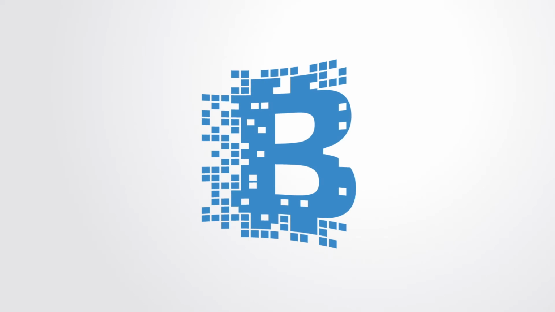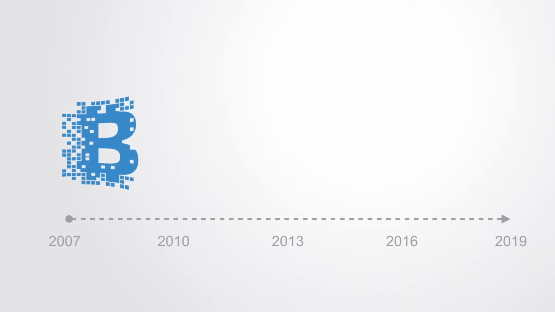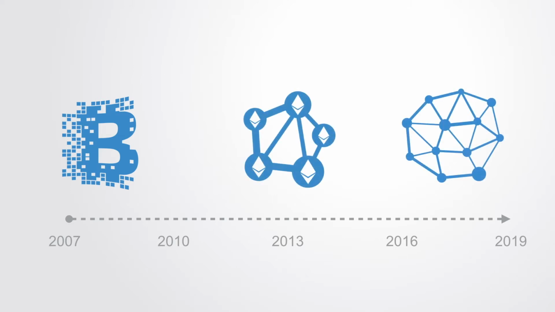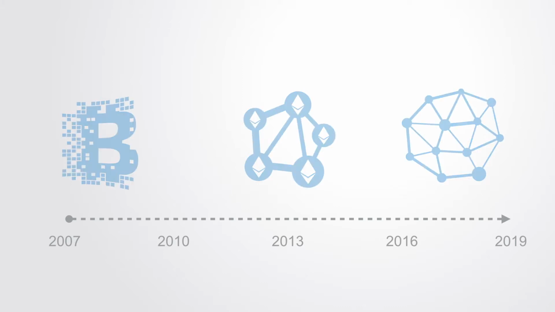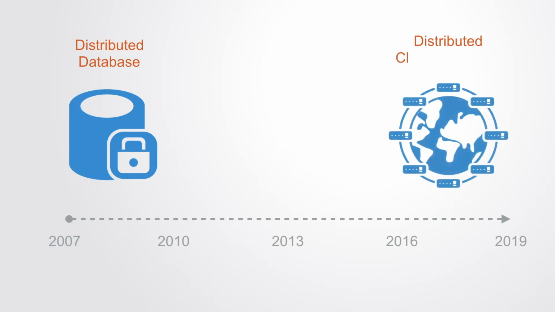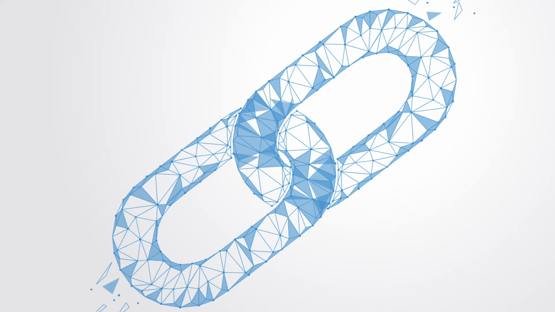In the previous video, we talked about the basic workings of the original blockchain concept. But over the past years, it's been evolving fast, from the original Bitcoin protocol to the second generation Ethereum platform, to today, where we're in the process of building the third generation of blockchains. In this evolution, we can see how the technology is evolving from its original form as essentially just a database, to becoming a fully fledged, globally distributed cloud computer. In this video, we're going to trace the past, present, and future of blockchain technology.